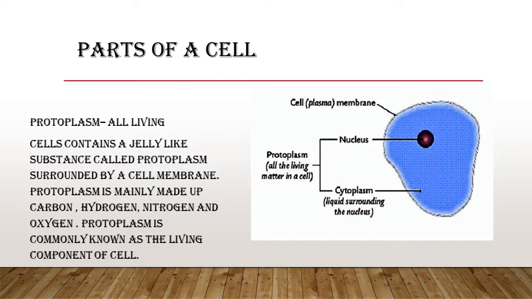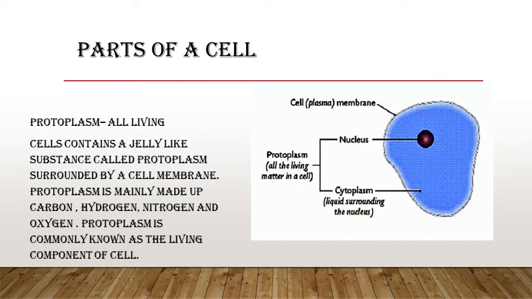After that, we have to discuss the basic structure of the cell. From the diagram you can see that only three things are visible: the outline, then the yellow substance, and then the dark substance at the center. That dark substance in the center is named the nucleus. The borderline that you can see is the cell membrane, also known as the plasma membrane. The blue part which is filled inside the cell is known as cytoplasm. If we consider the nucleus and the cytoplasm together, that will be termed as protoplasm.